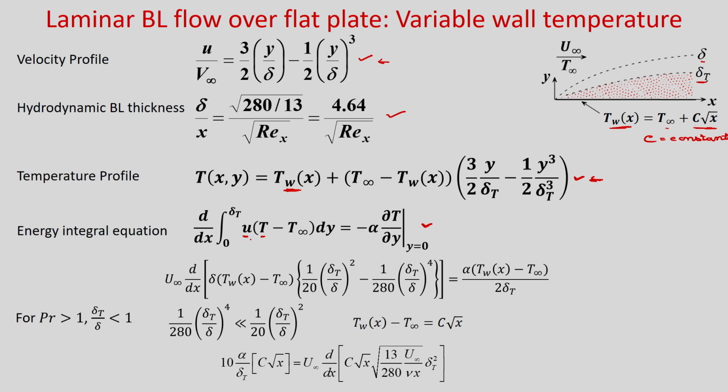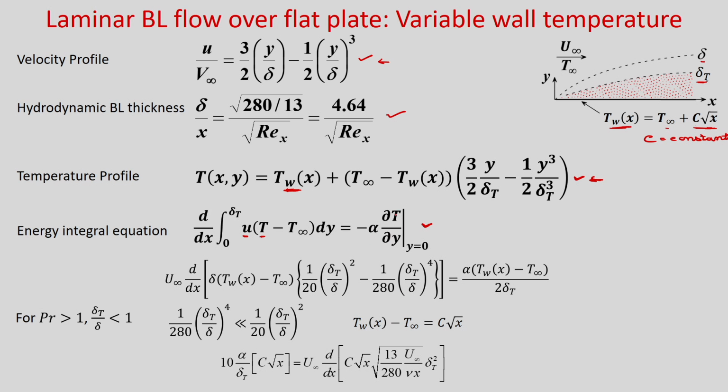So, if you put it in, you will get u infinity is constant. So, we have taken d/dx outside. Okay. So, from this you can see it will be T minus T infinity. So, you will get Tw minus T infinity. So, if you put the expression for u and T minus T infinity, you will get this expression, and